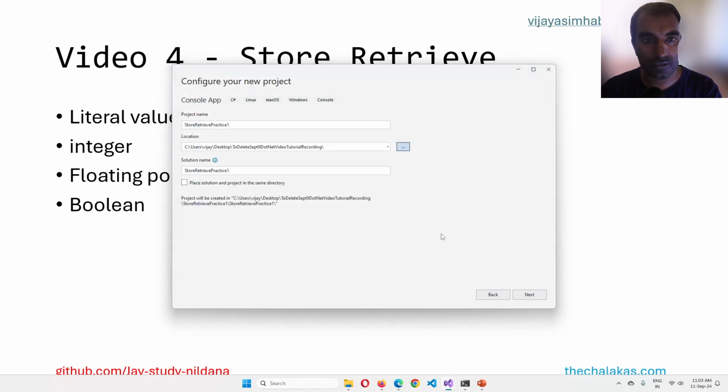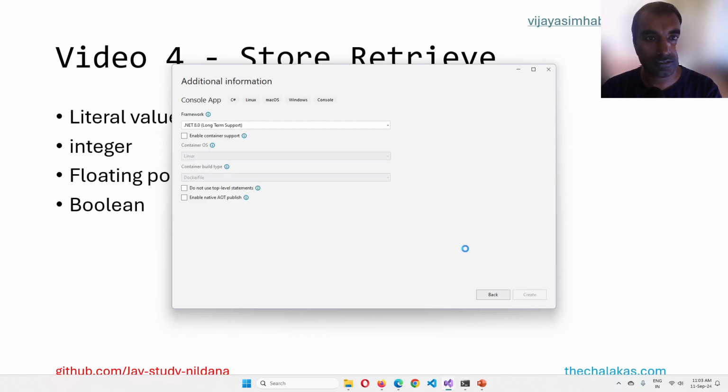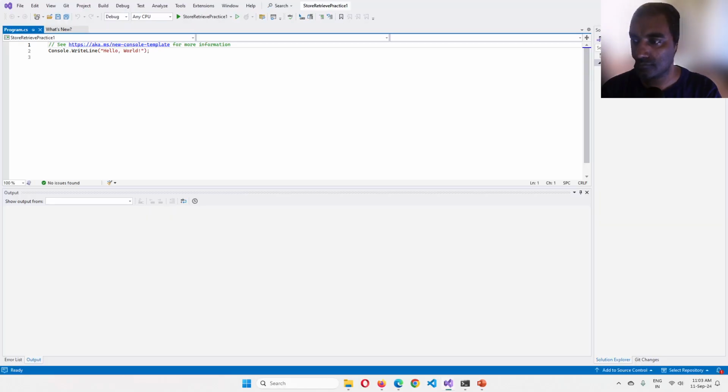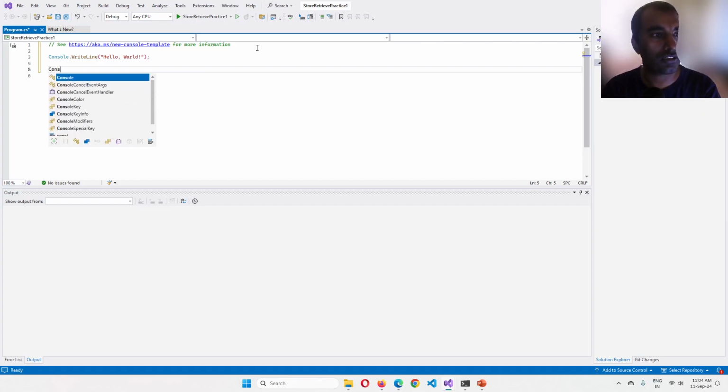Yeah, there you go. This is the folder I've been using today. Okay, .NET 8, yes sir. Okay, there it is. So all right then, so what are literal values? Literal values are, like the word suggests, actual literal values. So let's start with the basic one. So let's start with a simple character. So I'm going to say